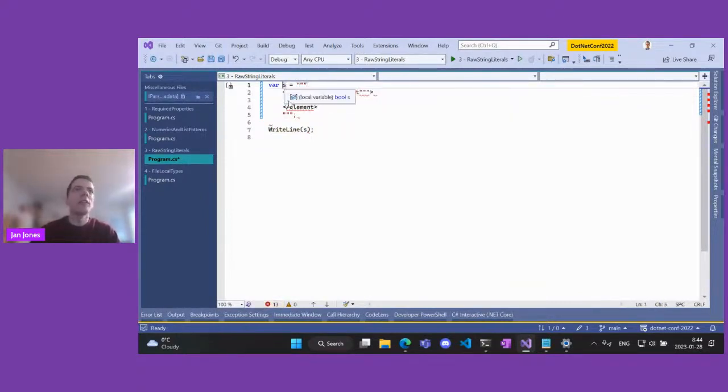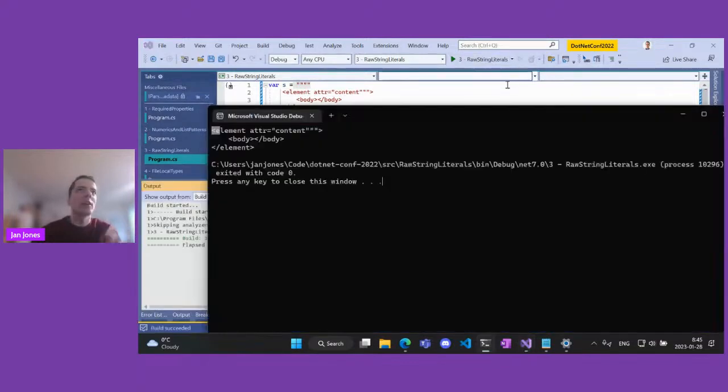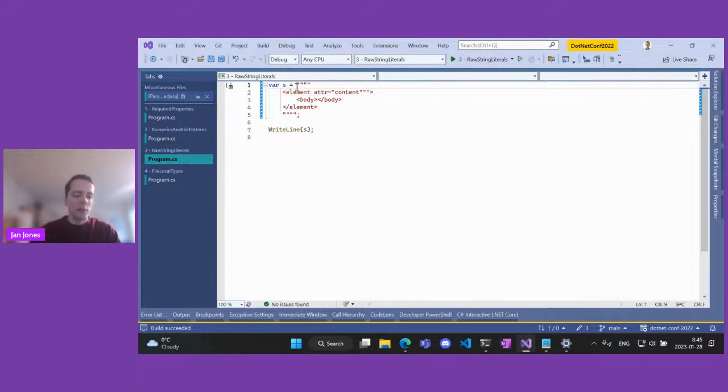But I can actually add 1 more quote here and here, and suddenly it starts working, because I have 4 quotes, so I can have 3 repeated quotes inside. And if I want to add more, I could add more here and here. So you can write any string you want inside without escaping anything, and it will just work. You will just have to add as many quotes here as necessary. It's usually not necessary to add many, but if you want, you can.